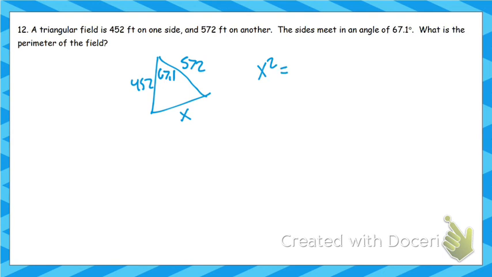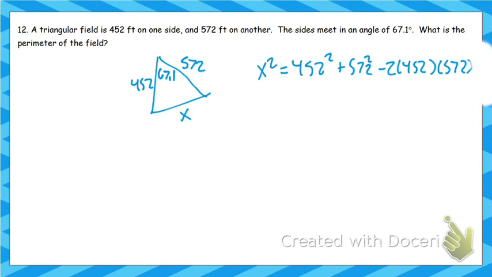So the side that's by itself, we're going to use the 67.1 as the angle. These are my other two sides. That's 2 there. This is a pretty easy one, again, because your number that you need is already by itself. I'm going to create a space there. That is cosine 67.1. Plug all that in, so 452 squared plus 572 squared minus 2 times 452 times 572, it's a lot of typing,